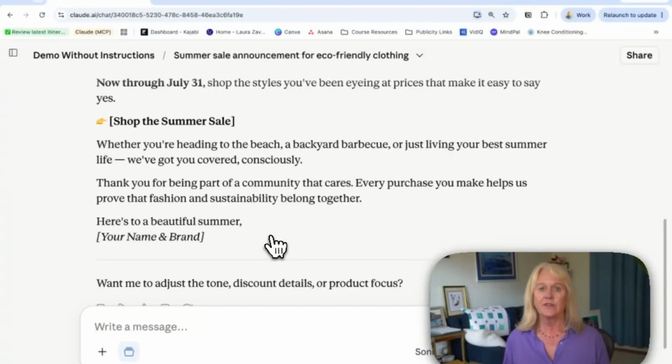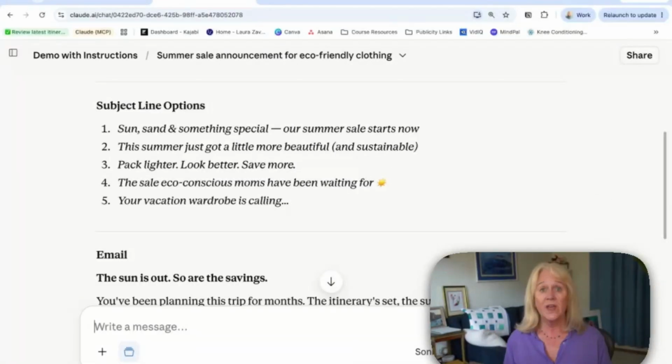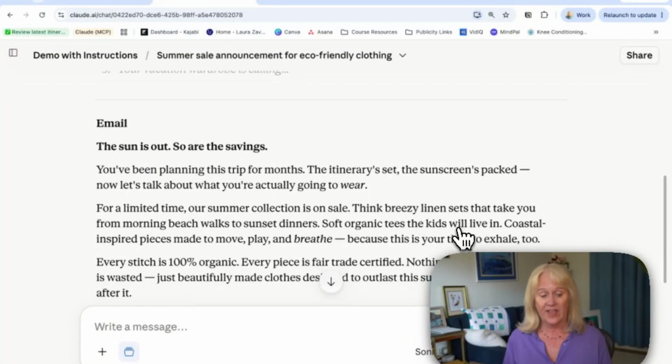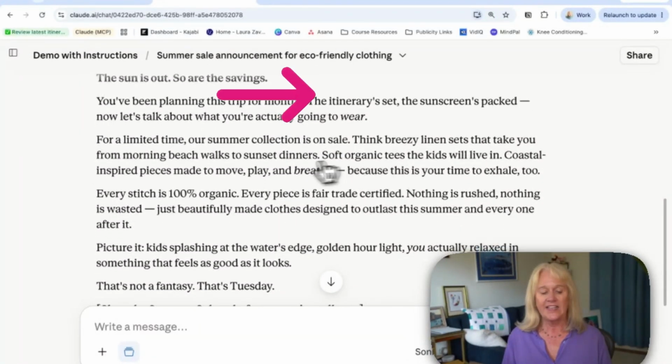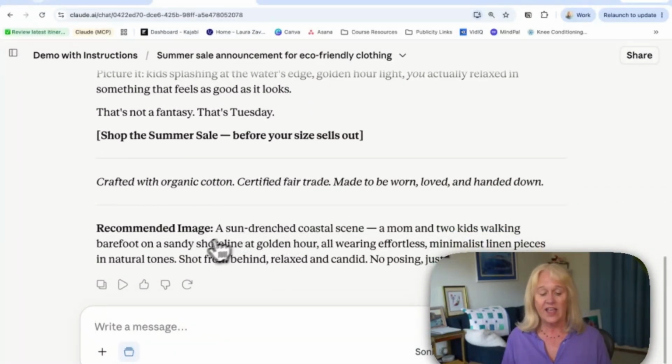Now let's see how this changes when we add instructions. So I've switched projects, same exact prompt. Let's see what we get. So with the instructions, we get 5 choices of subject lines because we asked for that. And then look at the difference in this email. It's actually giving completely different imagery. It's focused on the buyer. We're getting something drawn from the brand instructions that I gave it, and it's recommending an image. So the instructions shape the output, which gives us something that's much more usable